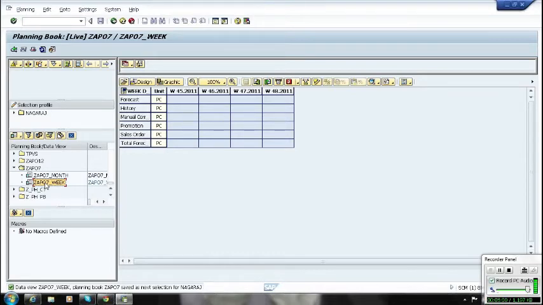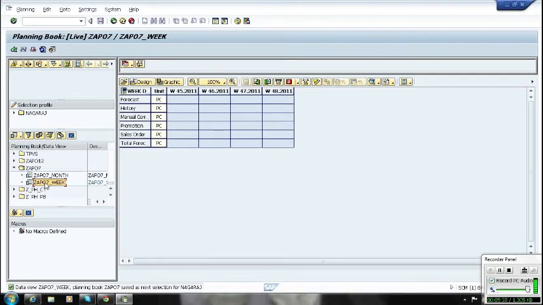We are running some background jobs in demand planning. For those background jobs, we create different planning books that we can call technical planning books. The reason is, for example, a normal planning book might have 20 key figures, but to run the background job you need only 10 key figures. So if I directly create a planning book with 10 key figures and give that, the system will read only those 10 key figures, run the background jobs and give the results.